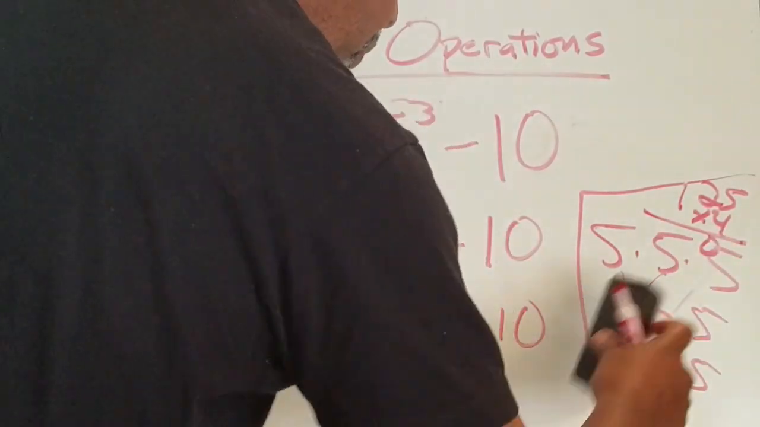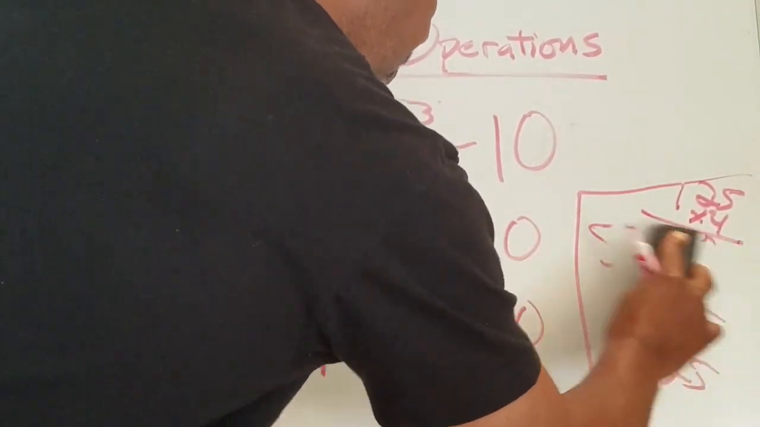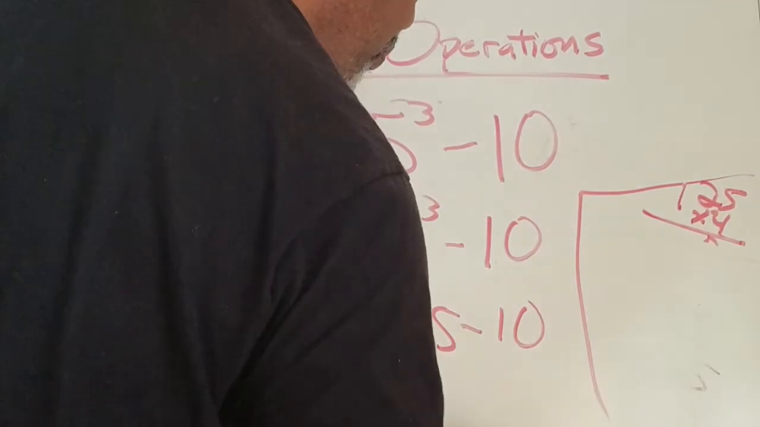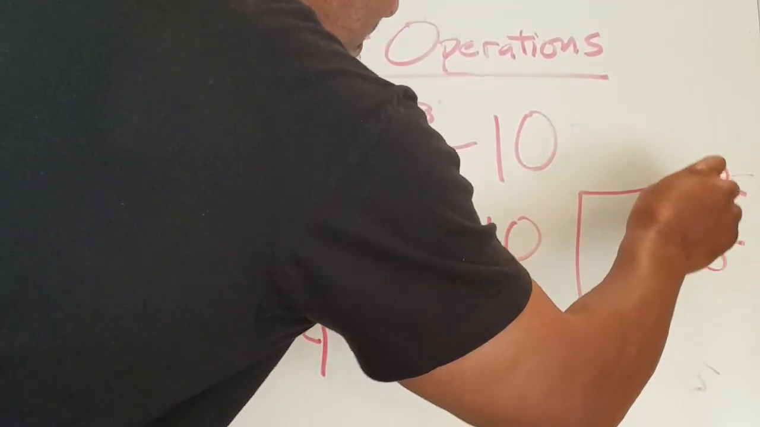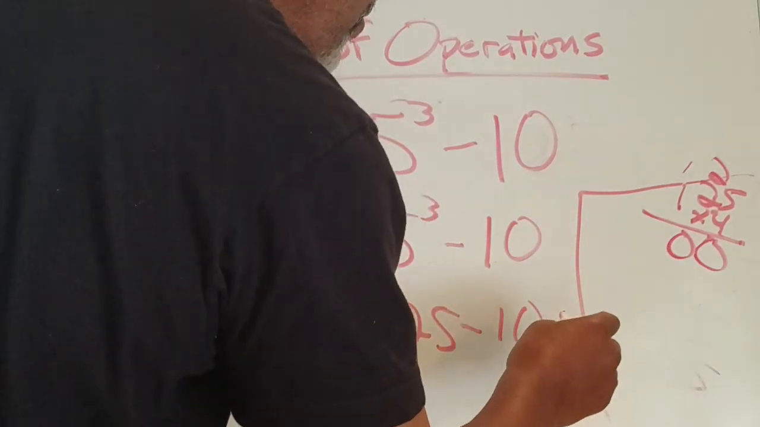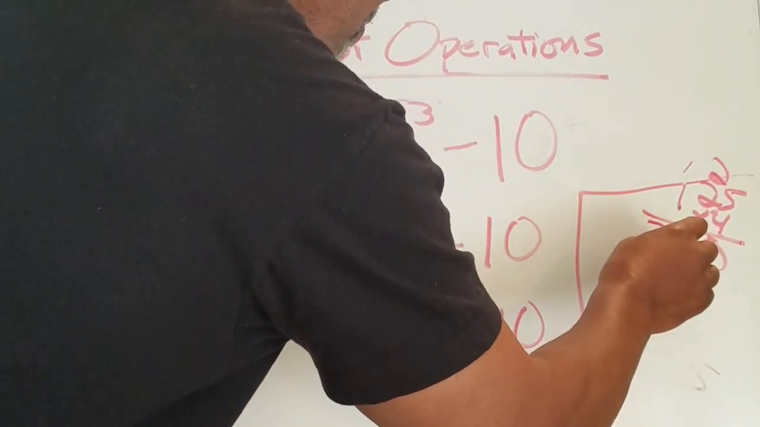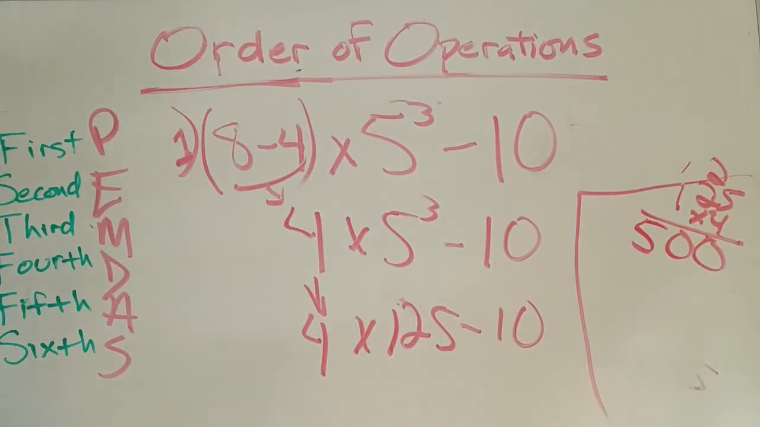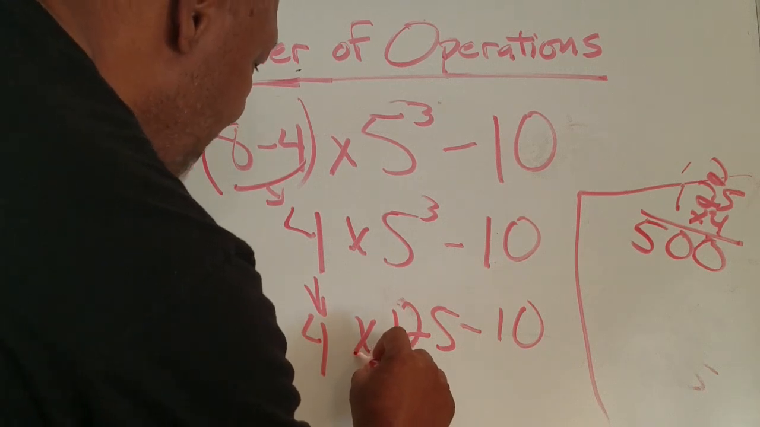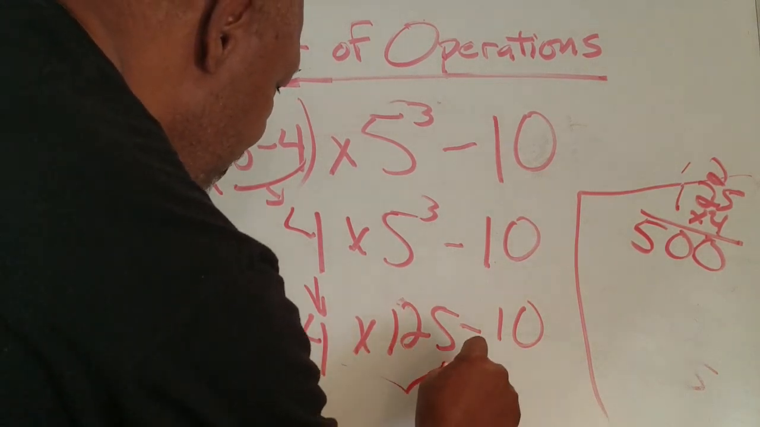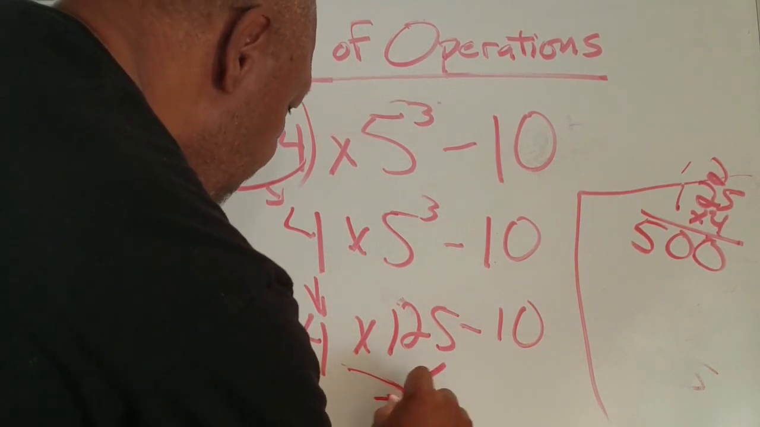5 times 4. Let me give myself a little bit of room. 5 times 4 is 20. 4 times 2 is 8, 9, 10. 500. So now we have 4 times 125 equals 500